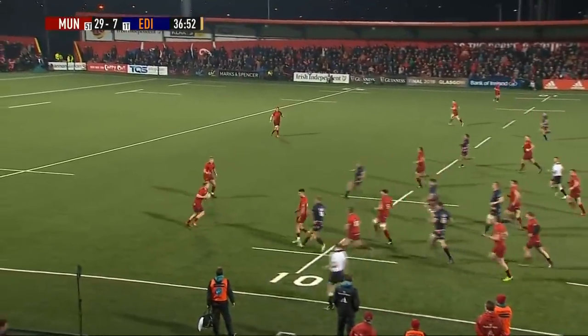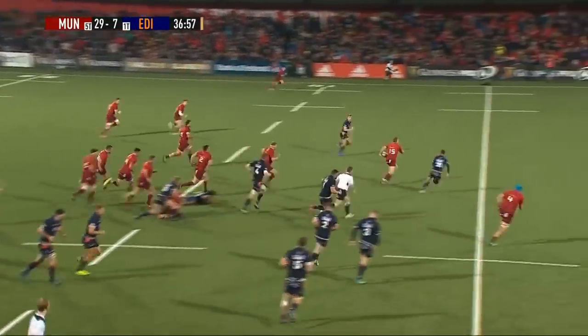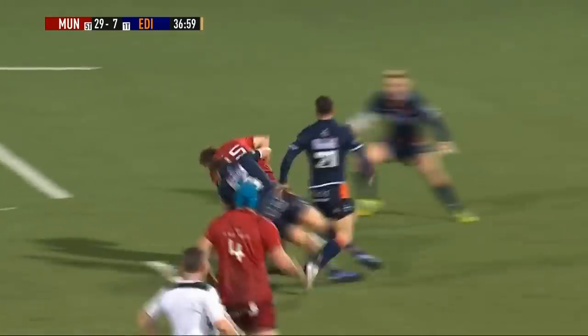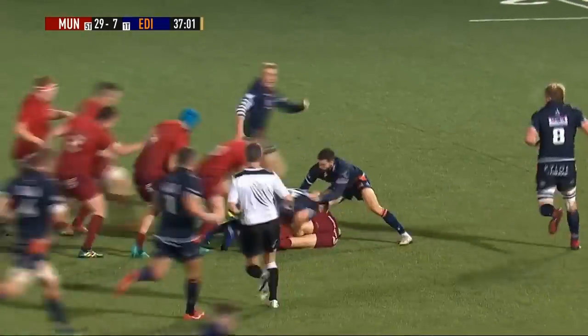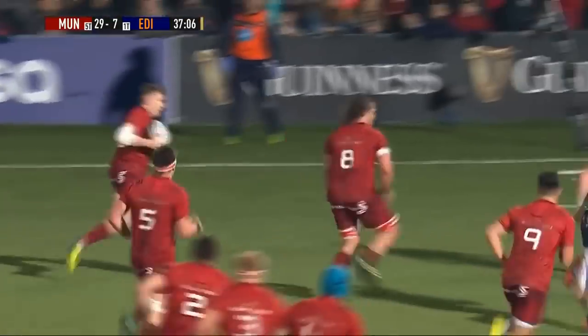Andrew Conway underneath this one. He's so composed under the high ball. Oh, that's lovely hands from Conway out of the tackle to Haley. Has a little bit of a look around. There was nobody quite on his shoulder on the right hand side. He did have numbers left, couldn't quite get the pass away, but now it's there with Botha, and they move